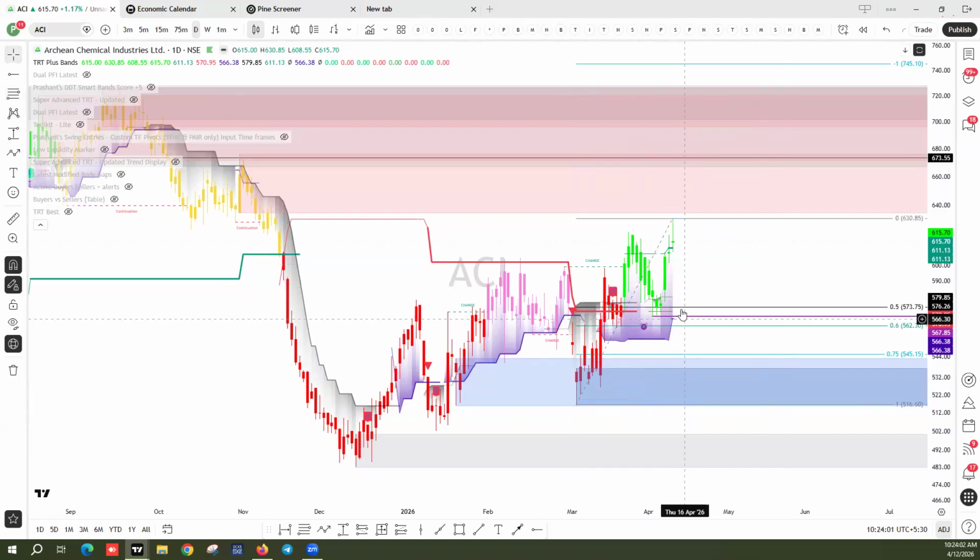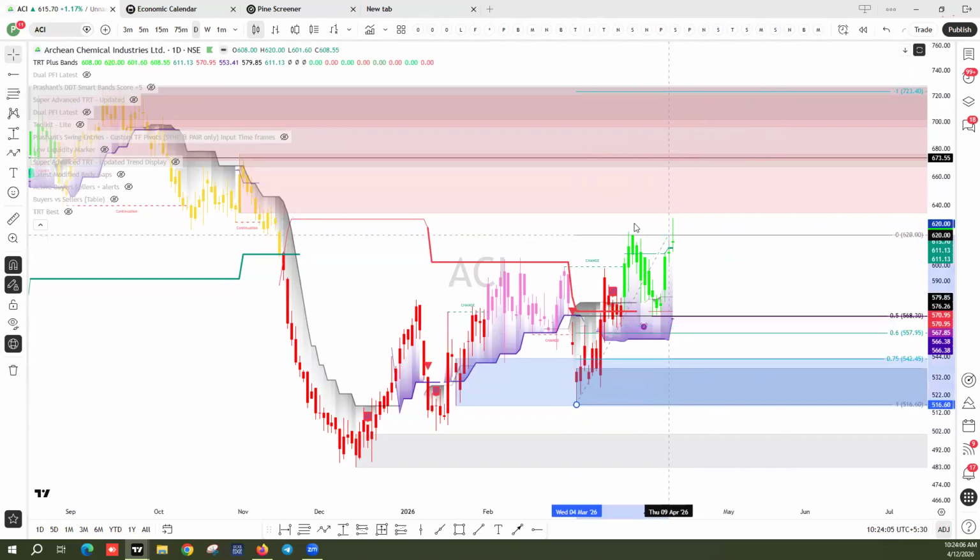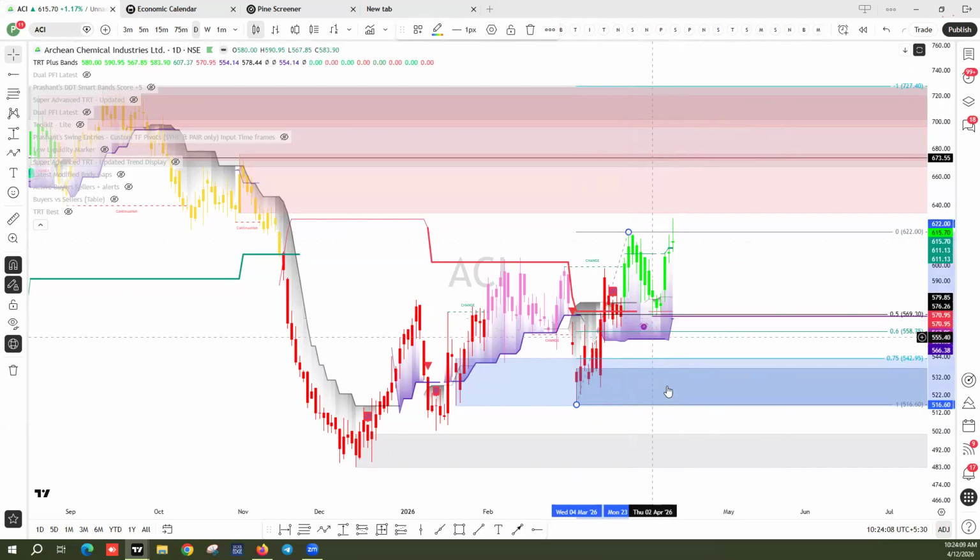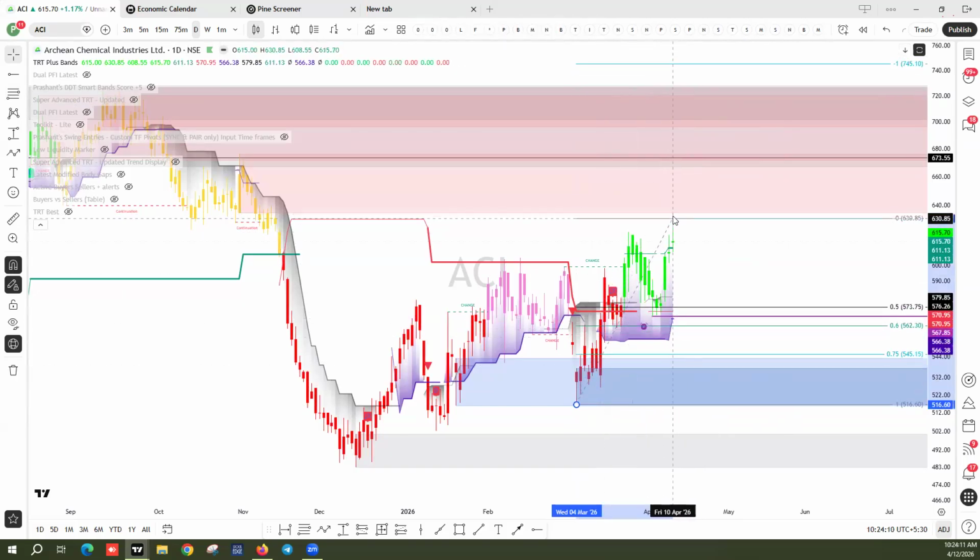Where is it? It is below 50%. So there will be a retracement entry. It has already given one retracement entry of 50%, and next time it will come down and hunt those people who keep the stop loss below this. Even at this, the stop loss is below this, or else 50% is done, target is done, just exit, because